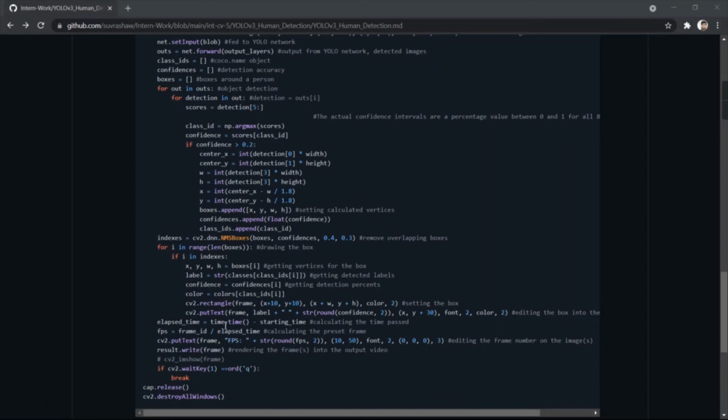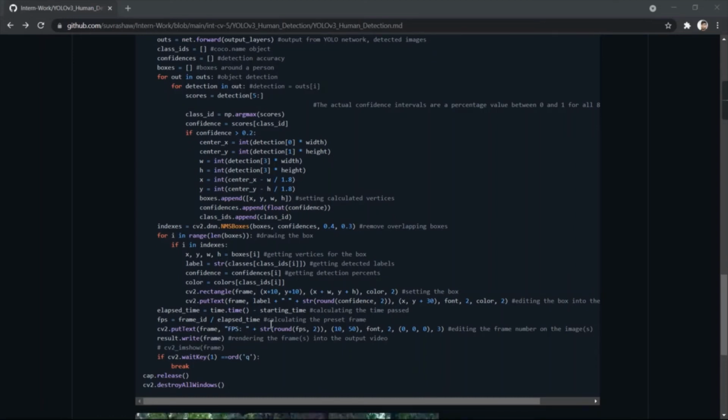Now for calculating the present frame rate, we have used frame id upon elapsed time. The time value will come from here and be put here. Now frame id upon this. Okay. Now again adding the frame rate onto the images. For this dot putText, obviously we have used this. Now again rendering the frames into the output video, result dot write.